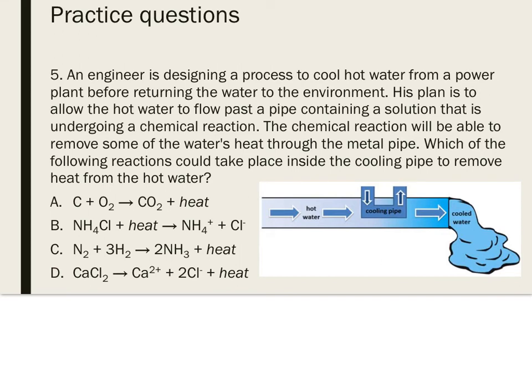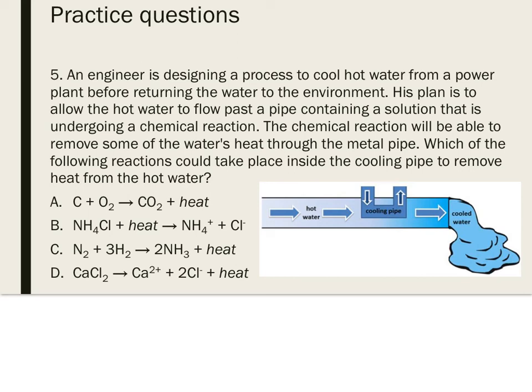Number 5, an engineer is designing a process to cool hot water from a power plant before returning the water to the environment. So his plan is to allow the hot water to flow past a pipe containing a solution that is undergoing a chemical reaction that will cool the water down. The chemical reaction will be able to remove some of the water's heat through the metal pipe. All right, so which of the following reactions could take place inside the cooling pipe to remove heat from the